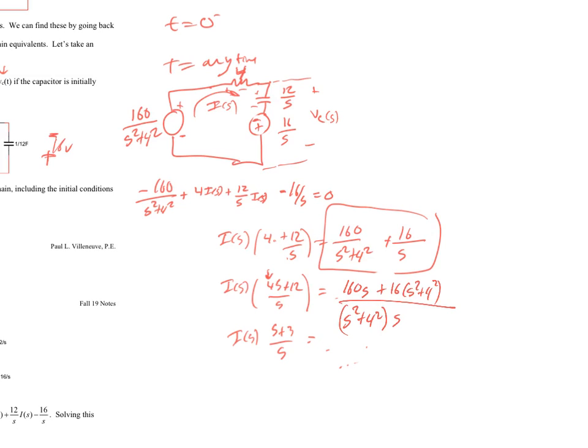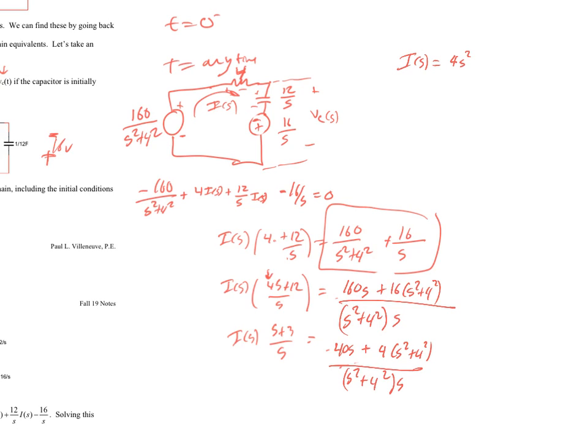Now I can divide both sides by 4, so I have 40s plus 4 times s squared plus 4 squared all over s squared plus 4 squared times s. That's my s value. So now I'm ready to solve for I of s. If I invert and multiply, so I'll do that up over here. I of s is going to be equal to, let's see,